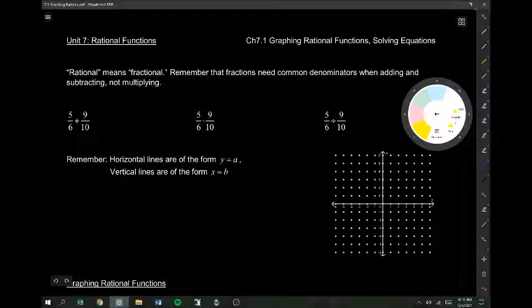Okay, everybody, here's our next chapter. Chapter 7 is going to be on rational functions. Now, the word rational means fractional. So a rational function specifically